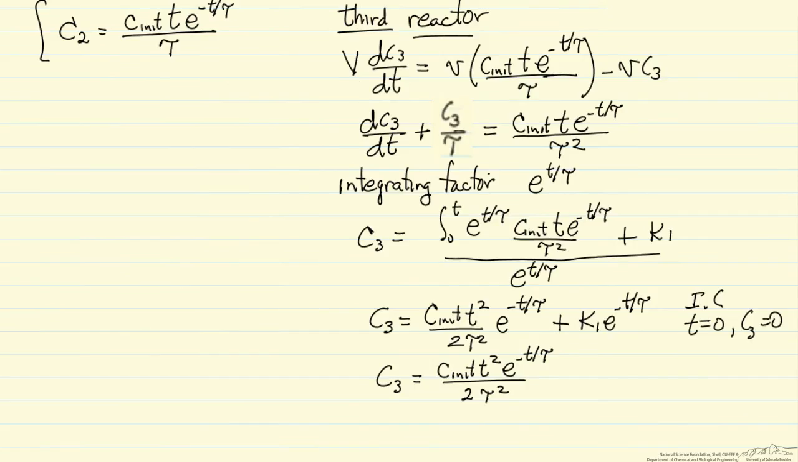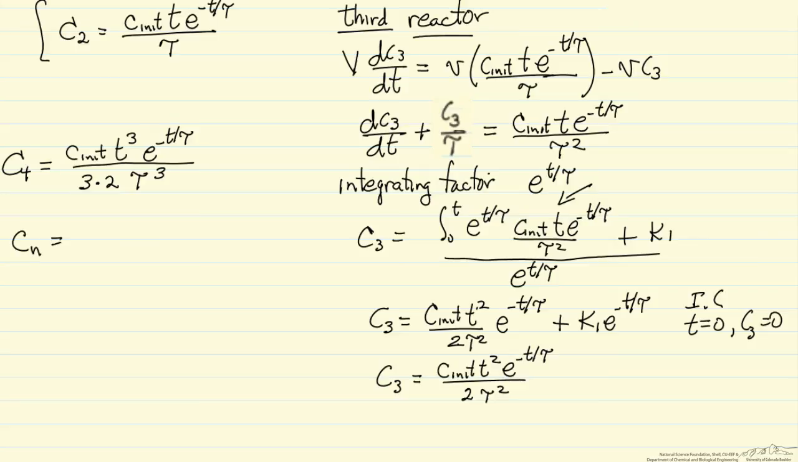And so here I've worked through the exact same type of solution. Notice the difference now, because I have t inside the integral sign, I end up with t squared over 2. And if I write the balance now for the fourth reactor, I'm going to end up with t cubed over 3. And so it looks like this. So here's the concentration of the fourth reactor. And then the general Cn is this initial concentration, t to the n minus 1, e to the minus t